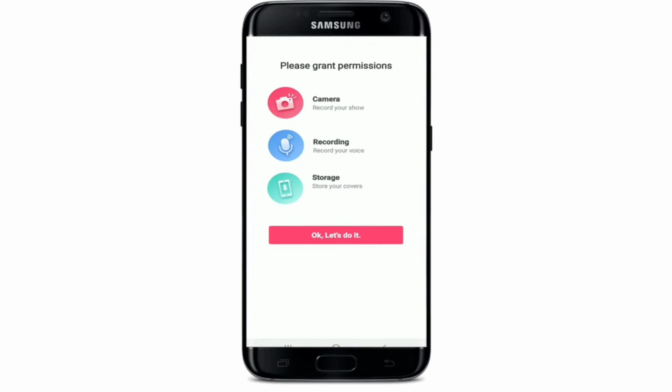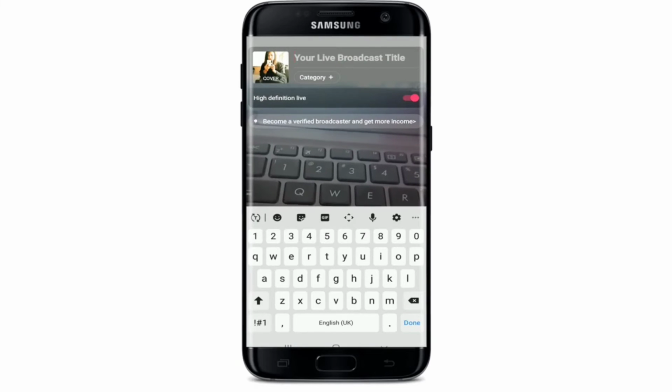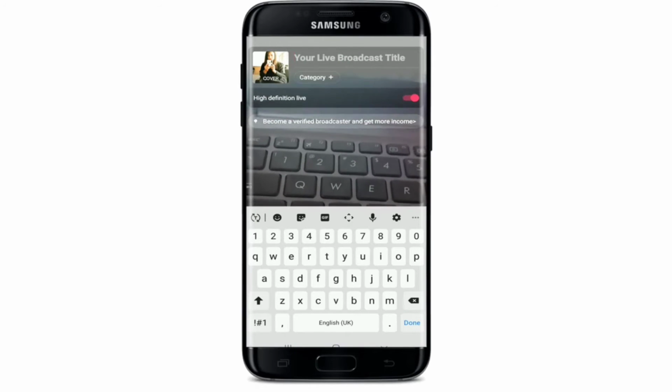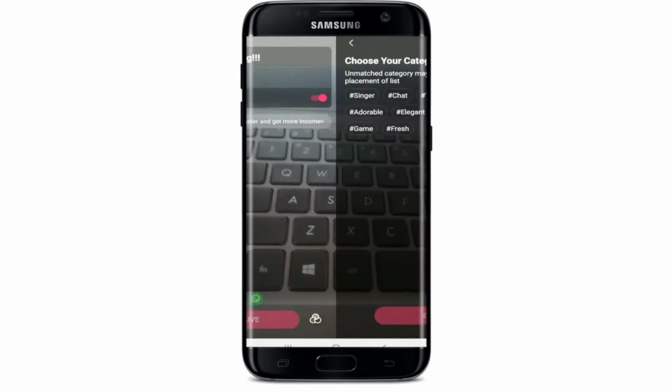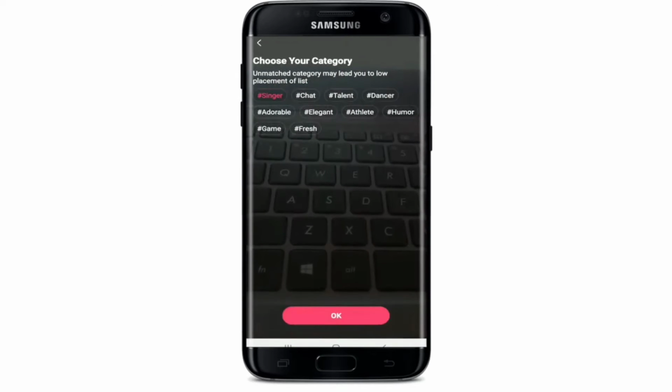Tap on it and allow access for your StarMaker to your camera, your recording, and your storage. To do so, tap OK, let's do it. Type in your live broadcast title first. Choose the category for your live by tapping on Category Plus and choose your category from the options and tap